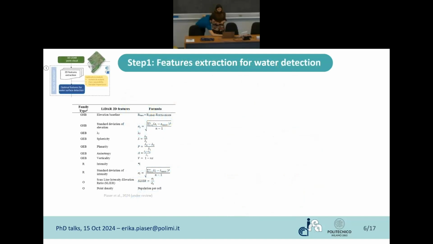And starting from then, the first step is starting from the 3D point cloud. We have to find some two-dimensional features that are optimal for water detection. And LiDAR data allows us to obtain different information. The first one is based on the height, so for example, elevation of targets within our scenes, or the standard deviation